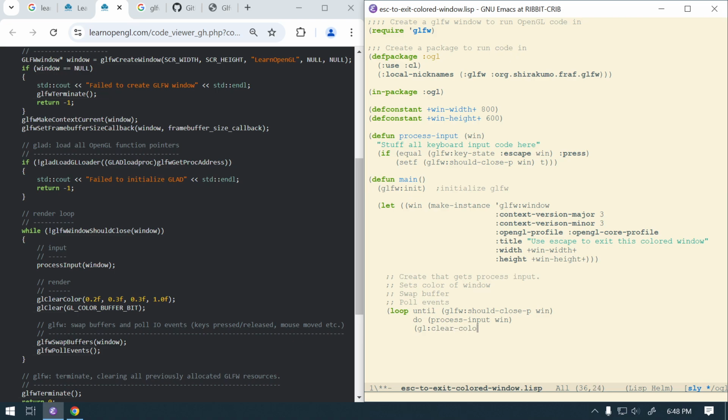So clear color. And then here I'm just going to use a green, I guess. 0.5, 0.1, and then the alpha is just no alpha. So here we could set color to clear with. And then the reason I usually put one semicolon here, and then no space, is let's say